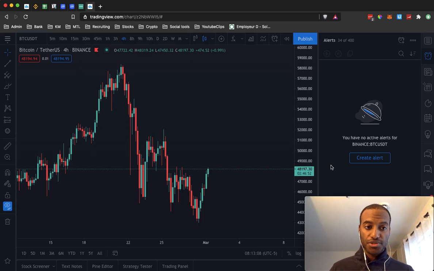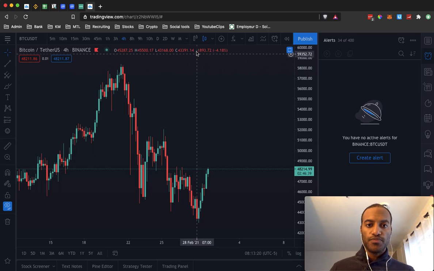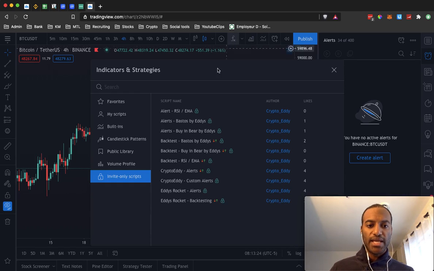It's an introduction, a tutorial on how to use my algorithm. So you're going to arrive here on TradingView, right? You have your account. I've added you to the algorithm, and now you're going to go over to indicator and